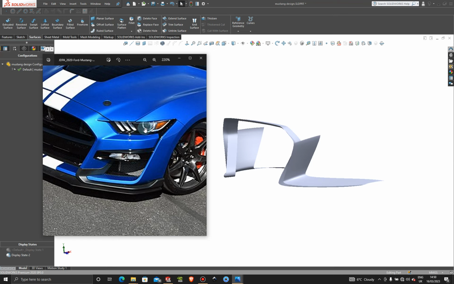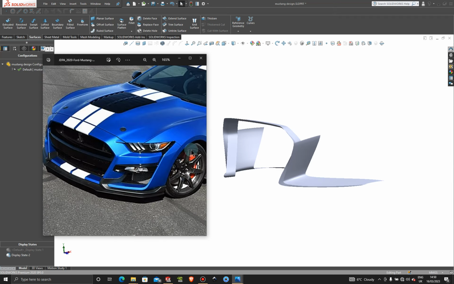That's why I wanted to get the front one done first, because it's quite complex in the front, and everything else is just a bit easier. And of course we have a double, almost like a triple front splitter over here. So we still need to work on this small piece over here on this corner here, but that's going to be in the next tutorial. But what I still want to do in this tutorial is I want to create